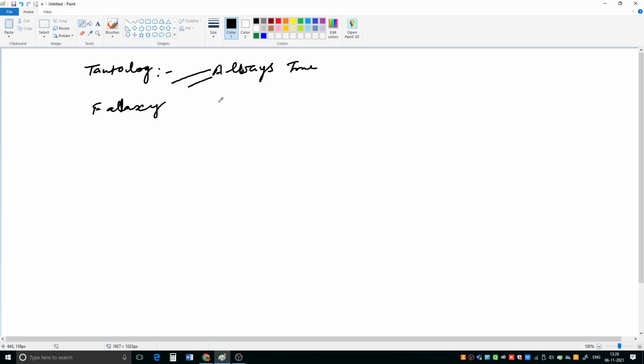For example, suppose let us write one expression f equal to x plus x bar. This x bar means not of x. So let us write the truth table for this one. We have x, and then not x, and then the expression f, which is equal to x plus x naught.